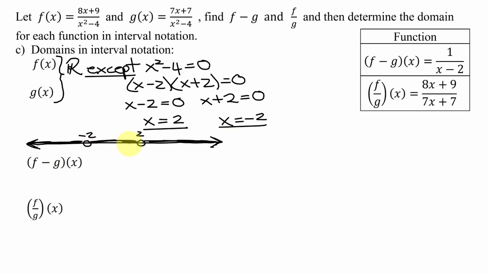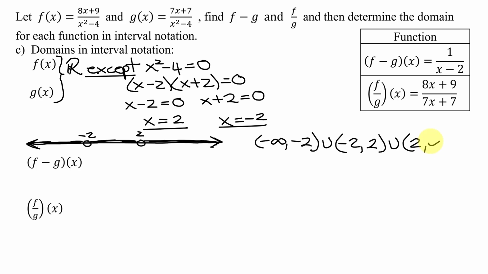So I have three different intervals. The first one is negative infinity to negative 2. Remember, you have to put a parenthesis on the negative 2 and positive 2 to exclude them. Unioned with the middle interval, which is parentheses negative 2 to positive 2 with parentheses,